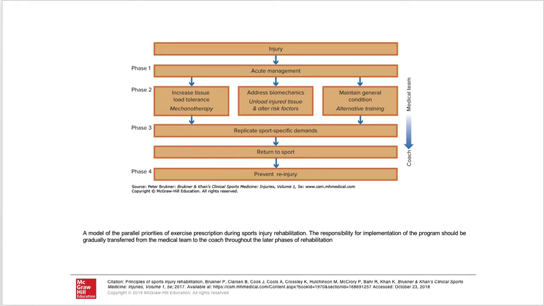And then we're maintaining general conditioning. So I had a patient come in and he had a UCL tear. So he had to get his ulnar collateral ligament repaired. And one of the first things I told him is he had to do 30 minutes of walking. He was a CrossFit Games athlete. That he had to continue his cardiorespiratory fitness. He could ride a bike, he could walk, that kind of thing. So to make sure that he really, really maintained that, so that as we move down into phase 3 or phase 4, he hasn't lost all of that completely. Plus, you guys, we need circulation for healing. So what a great way to give your patient that time and effort so that they can come back to that.